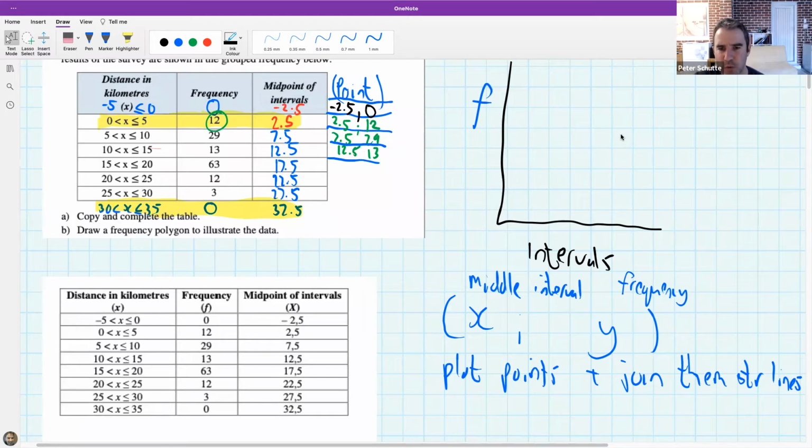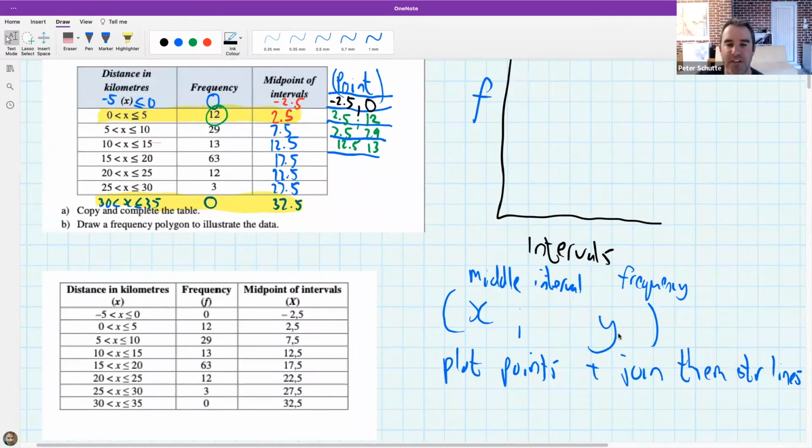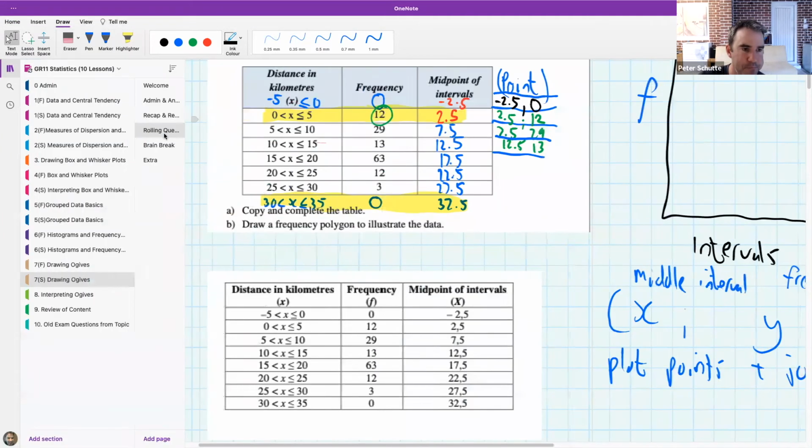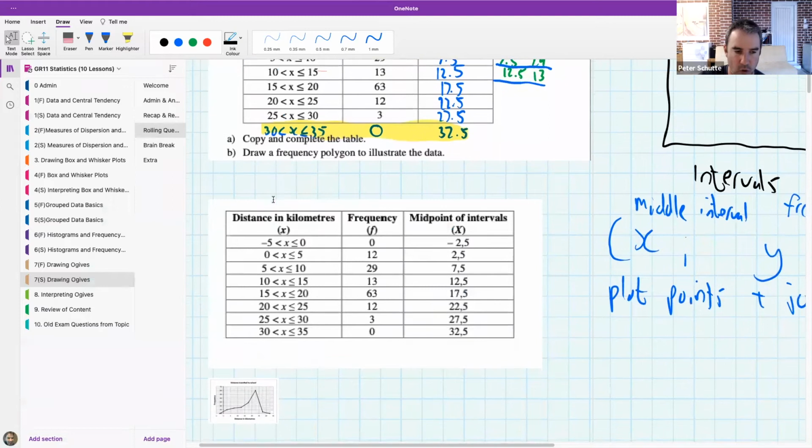So Rachel, all you really need to do is, for the frequency polygon, it's basically the x is the middle of the interval, the y is the frequency. Most of the time, you will find that drawing it from the histogram is the way that you can do it. And so even if you're a little bit confused, don't worry about it too much for today. Okay. Let's move on to what's called a